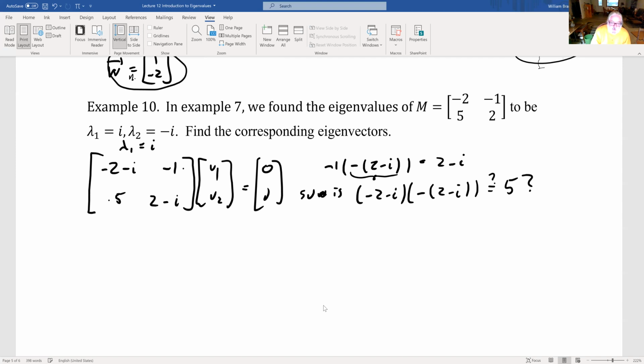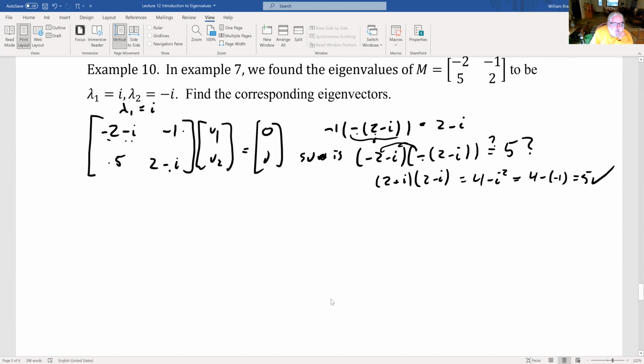If I take -2 minus i and multiply by the quantity -2 minus i, do I get 5? I can take this minus sign and multiply it in, and I get 2 plus i times 2 minus i. These are conjugates, so that gives me 4 minus i squared, which is 4 minus -1, because i squared is -1, which equals 5. Great. So in fact, the bottom row is a multiple of the top row, but it's a multiple involving a